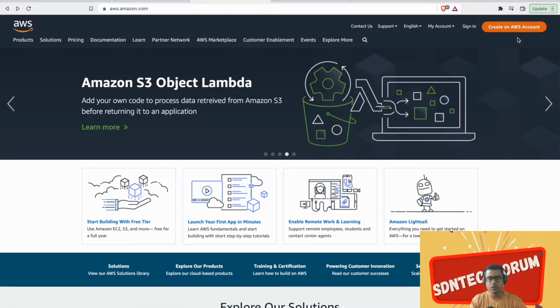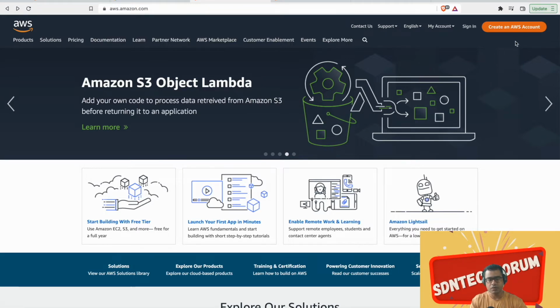To create a functional AWS account, you need to authenticate yourself or validate yourself by putting in your credit card information. But don't worry, they are not going to charge you unless you start utilizing the resources. They are just asking for credit card information so that they can make sure that you are an authentic individual or authentic business, and you are not trying to exploit or DDoS AWS services. So that's just for setting the right expectations.